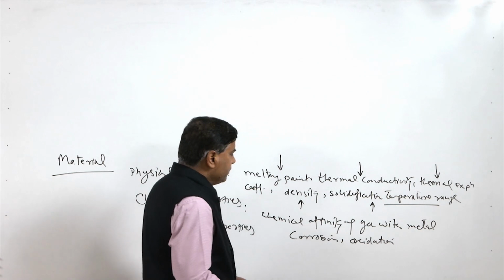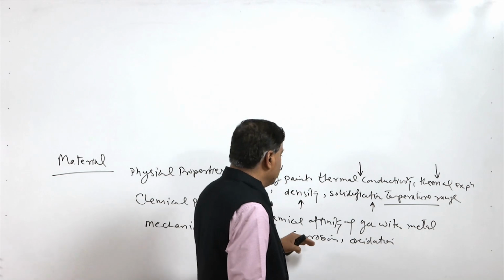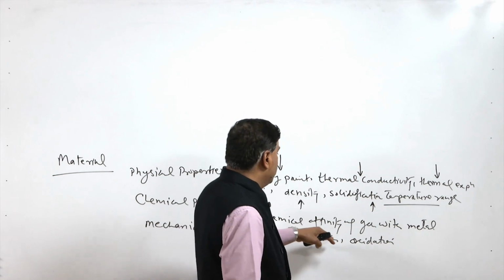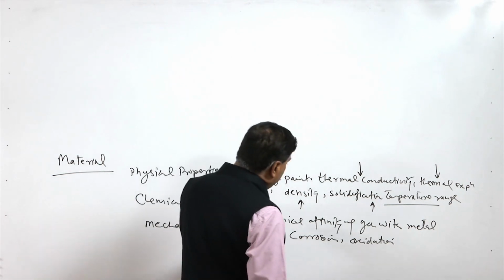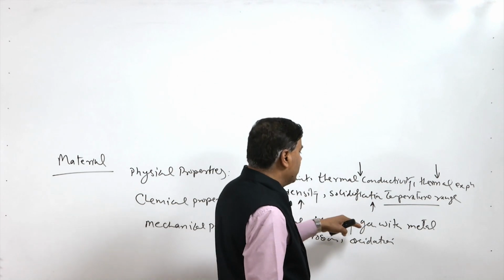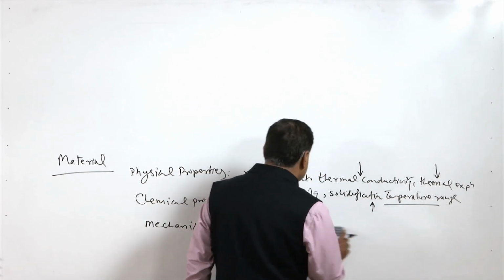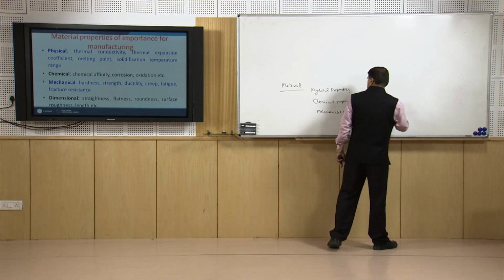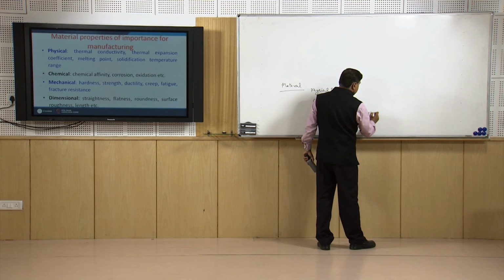Since during processing, like welding and machining, as well as during forming processes at high temperature, there is a tendency of oxidation of the metal, and in the molten state during casting, the high affinity of the molten metal with the gases leads to an increased tendency for inclusions and gas porosity formation. Then coming to the mechanical properties like yield strength,